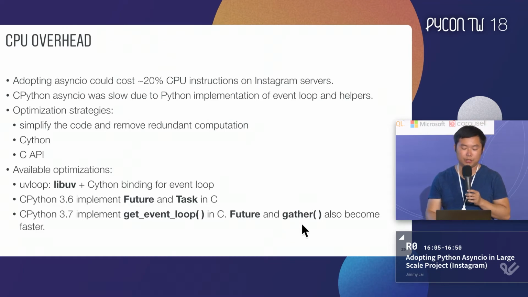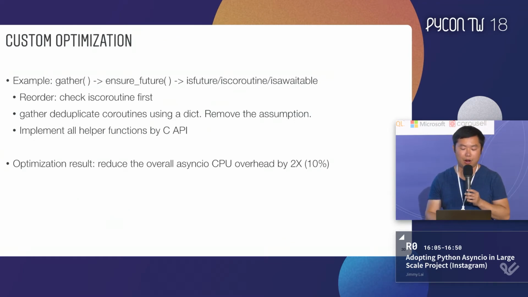So with all those, we also have our customized optimization. For example, we've identified gather is also expensive for us. So we take a look and we find gather calls ensure future. Ensure future checks if it's a future, if its coroutine is available to check. And so our first optimization is we reorder this check, because usually we will gather async calls which are providing the coroutine. So we should check its coroutine first. Then we don't need to check its future. Then it returns